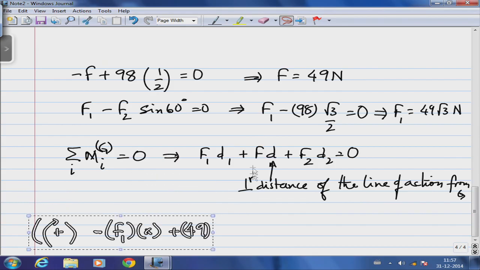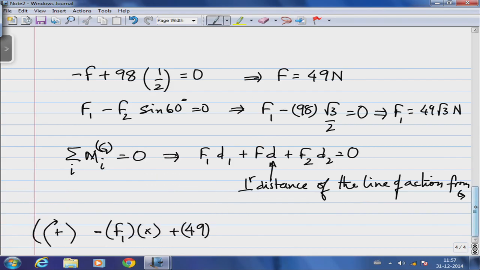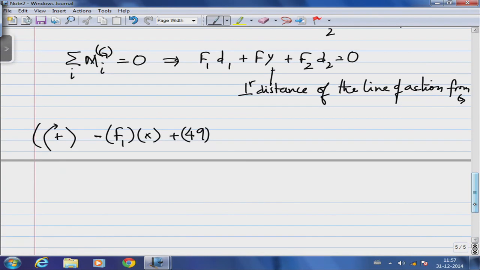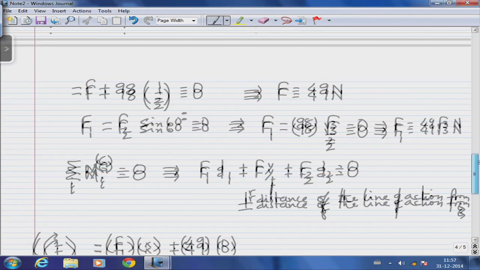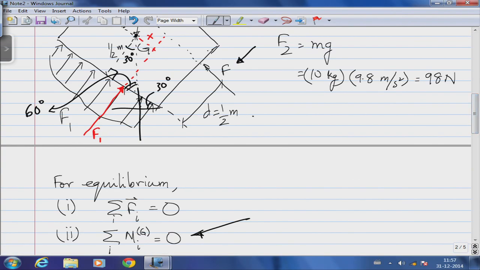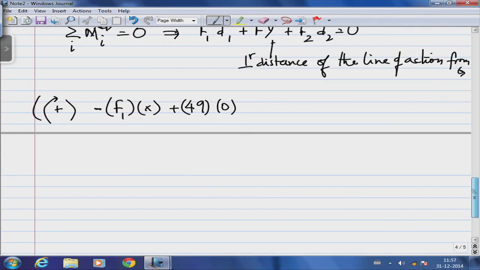It is not the d that we have shown in the figure. So, let us, just to avoid confusion, replace this with a new symbol y. Y for this particular instance is 0, because the force F passes through the line of action, because the force is half a meter, which implies y, which is the distance of the force to the line of action itself, is 0,